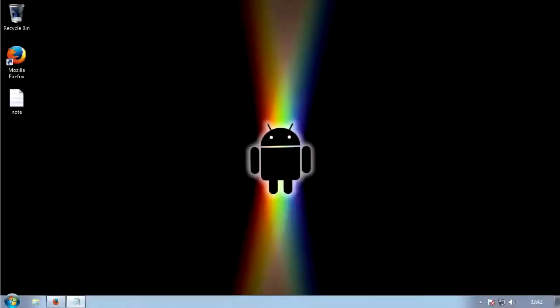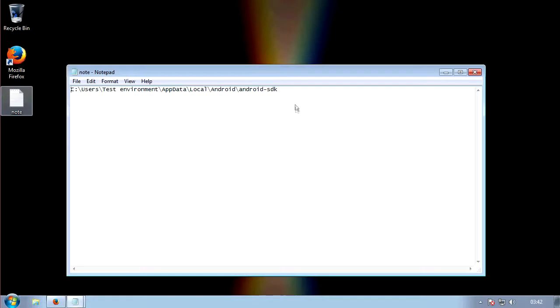The next step will be to add the path variable. Remember that note we made earlier? What we need to do now is open that as I am here. Excuse the mouse lag, not sure what's going on there. But once you've got the path variable open, you want to add a backslash and type platform-tools. Just like that. Once you've done that, I want you to copy the entire string, so everything there basically,